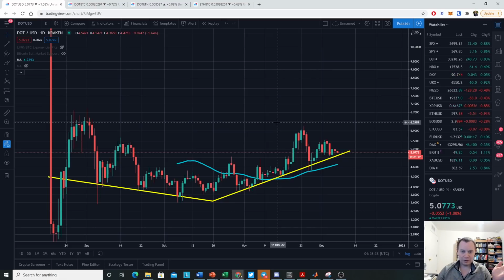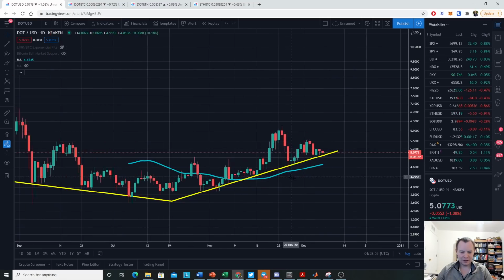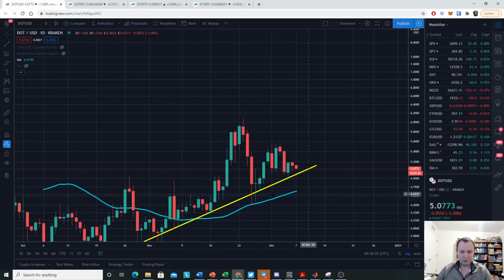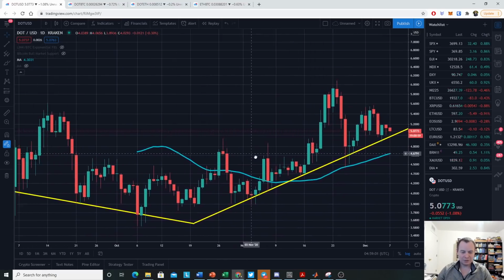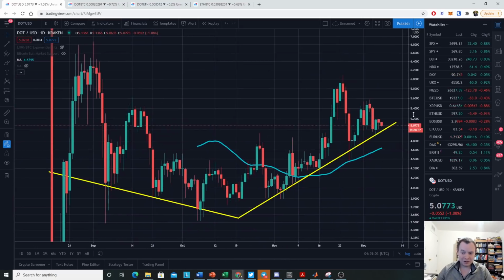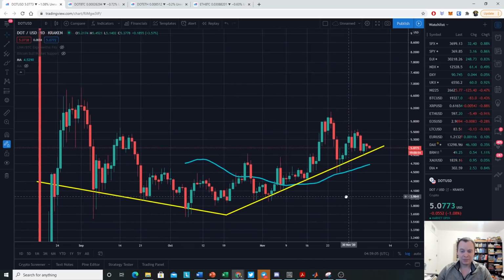Now, the only thing we really have on this chart right now is the 50-day moving average. The 50-day moving average is not as significant a time frame because we're looking at a pretty small window. But it is interesting to see that we had a wick straight down to the 50-day moving average, maybe a little bit of support here. Again, I don't really think these are that useful, but I just want to talk about what we can talk about, and there's just not a whole lot to talk about.